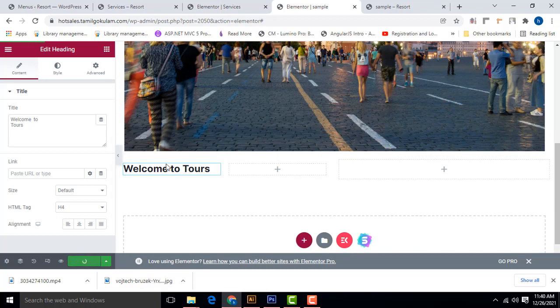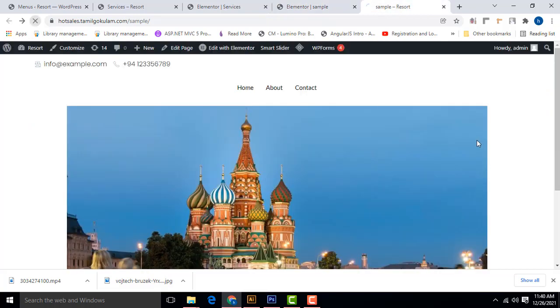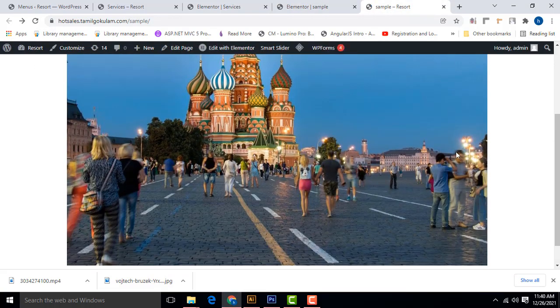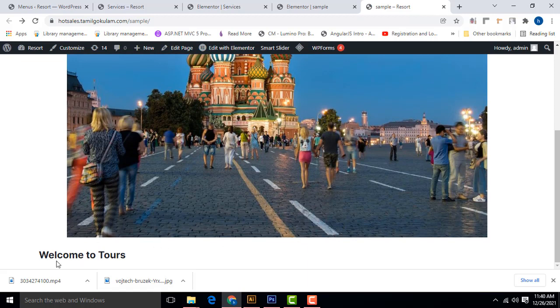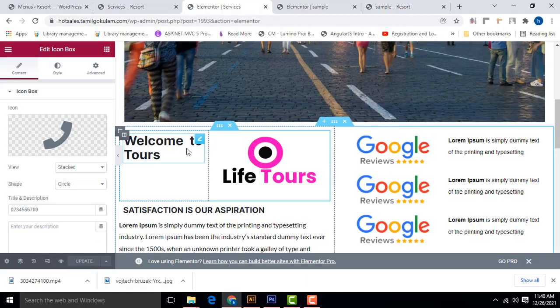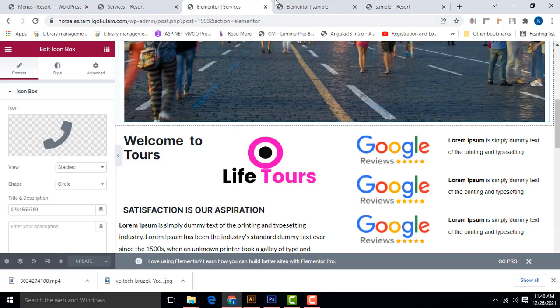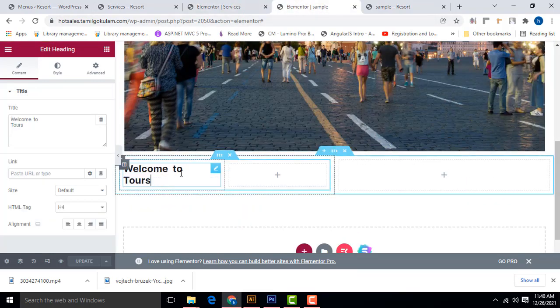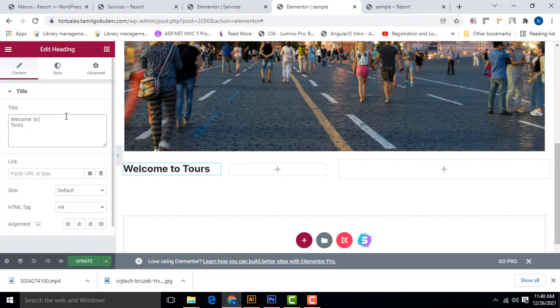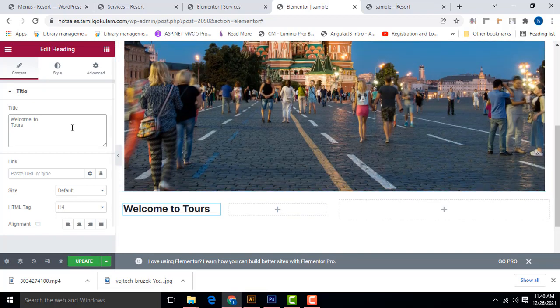You update and check whether it's working according to your expectation. Okay, you update and check it, then only you will be able to check it. Right. Now if you want to get them on a second line, how to do the task is put a break tag here. So the break tag will come here.